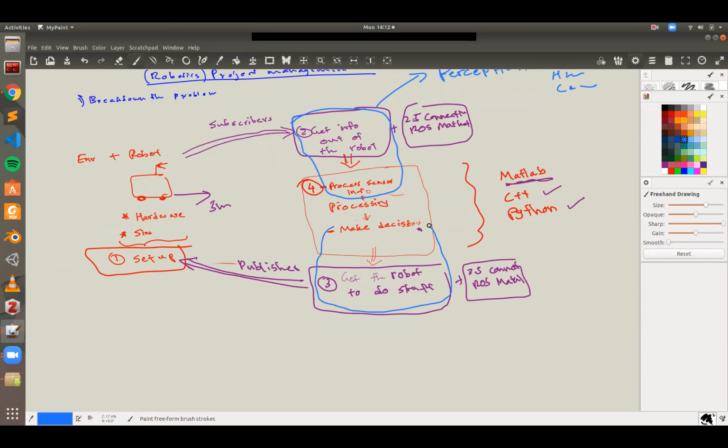Then you have the decision making part, and once you make the decisions, the part where you're trying to get the robot to do things, that's where the control aspect comes into play. So once you make the decisions and you want to get the robot to do stuff, that's where the control aspect comes. And so when you're talking about control,